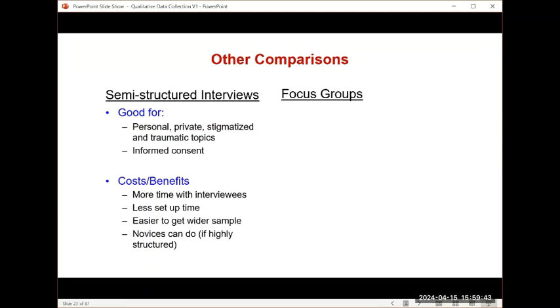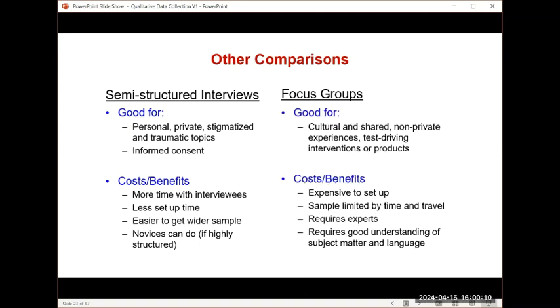If you just do some raw math, if you say, I'm going to do an interview with 10 people and it's going to be 90 minutes long, and you actually have all 90 minutes, you only have 9 minutes per person. That seems like a real big waste of time at the individual level. If you do the same 10 interviews for 45 minutes, you get a lot more information. But you lose the dynamics of the group, right?